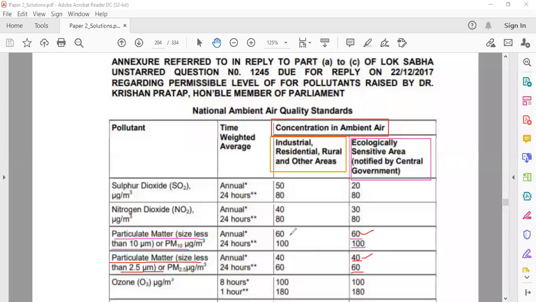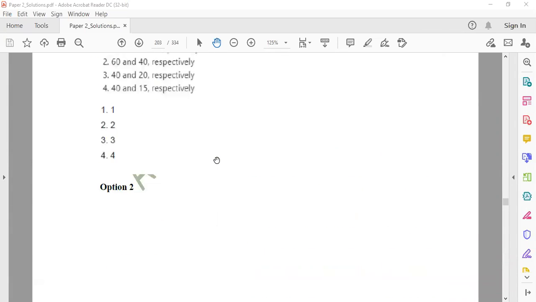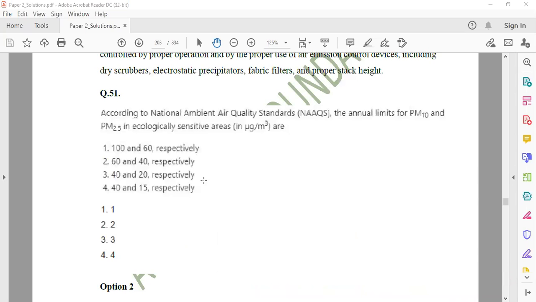Although in the industrial areas, it is also the same, 60-40. But when it comes to 24 hour, it is 120 and 60 there. Almost the same. Both sides the data is almost the same, specifically with respect to PM2.5 and PM10. So from the given choices, 60-40 would be the correct answer, as given here in option number 2,